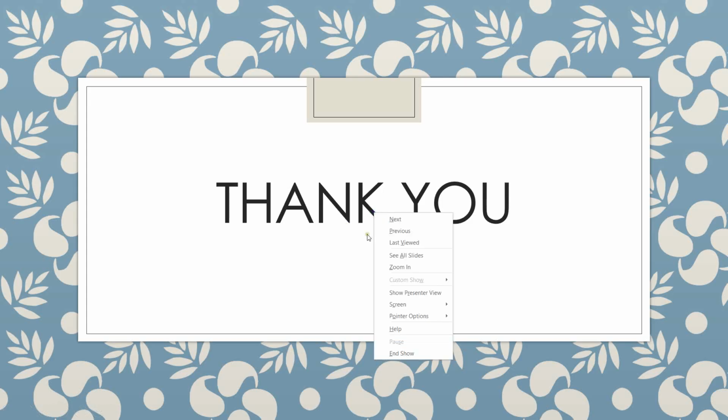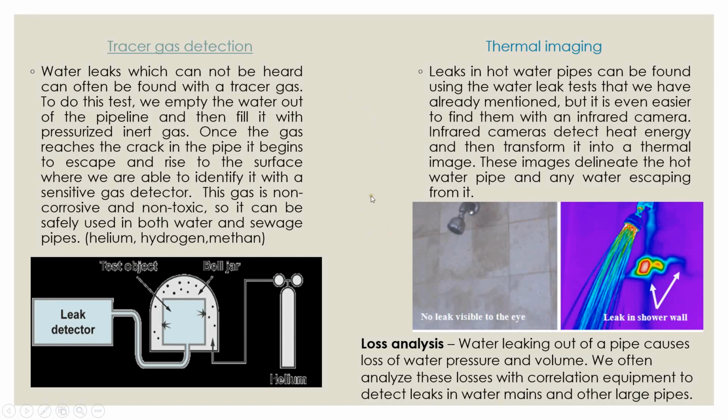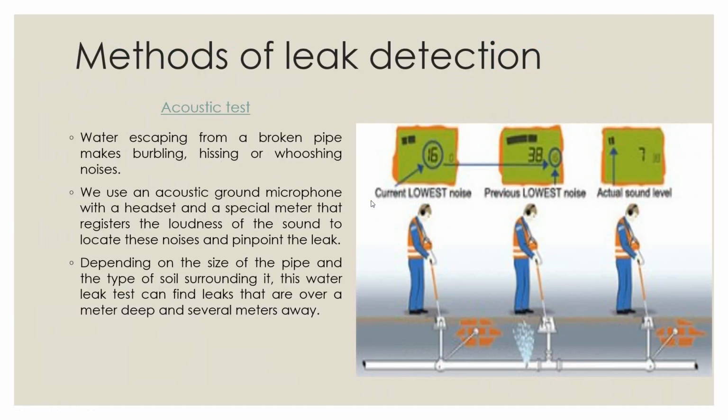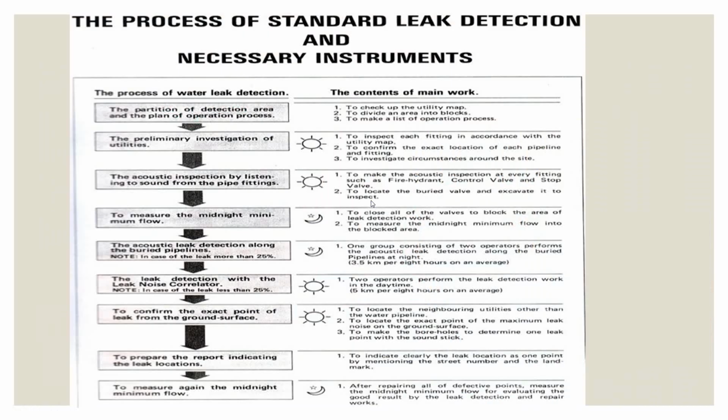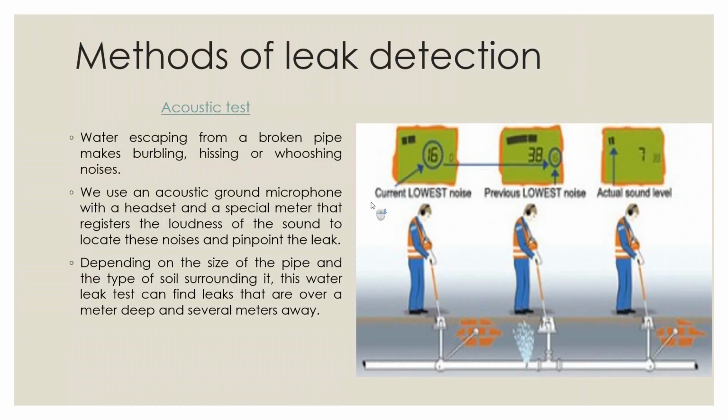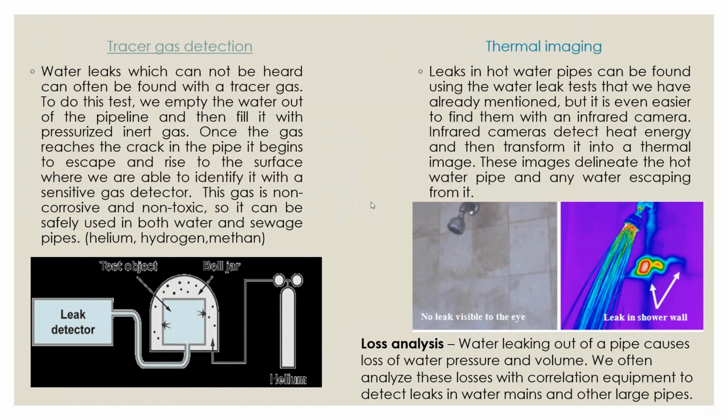Okay, so here we end your leak detection tests and leak detection processes. I hope you understood the different methods of leak detection as well as the procedure of leak detection. So here I have completed chapter number 6, the major points from operation and maintenance of water supply system. I hope you understood your whole chapter. Thank you. Here we have completed successfully unit number 6.